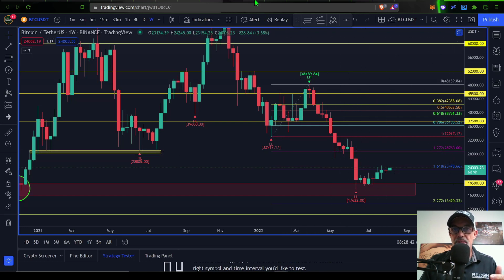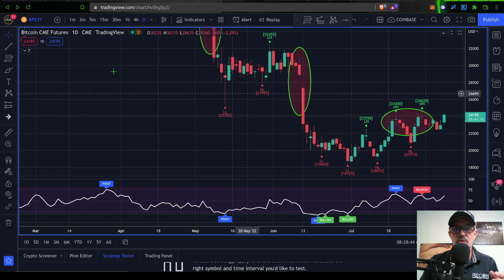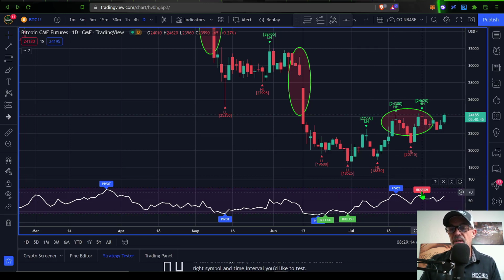level. And with that being said, actually, if we jump over here to the Bitcoin CME futures chart for the daily candles, if you take a look at this gap back here, that gap comes in right around 28.8. So if the Bitcoin bulls get the momentum and push this price up, they may be looking to fill this gap. And in reality, if we take a look at the RSI, which does actually measure momentum, you can see we had a bearish divergence on this candle here,